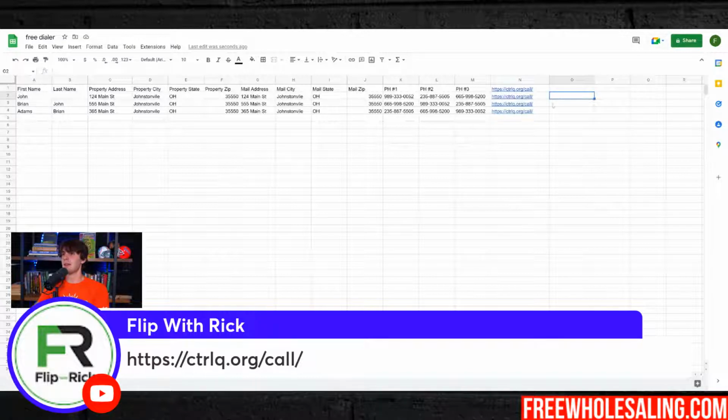What I'm going to do right here on O is type in equals, and then put this. Then I'm going to do equals this tab and put this phone number, and press enter. Now it's going to ask for autofill, so of course I'll put autofill there. Now we have this tab. I'm going to copy this and throw it in here, and then I can throw it back into here if you want. Oops.